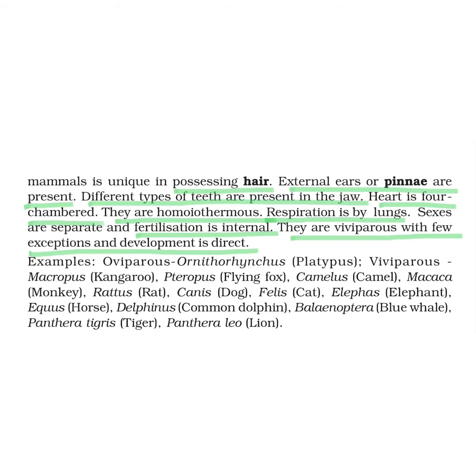That is platypus. Its scientific name is Ornithorhynchus and it is oviparous. This is an exception. Otherwise all are viviparous, like kangaroo. The scientific name is Macropus. Then flying fox. These are some typical examples. Otherwise common examples are also there, but these are some typical examples. Flying fox, Pteropus, then camel, Camelus, monkey, Macaca,